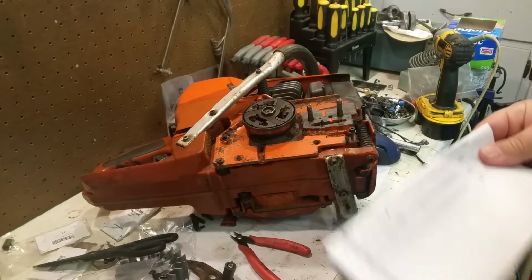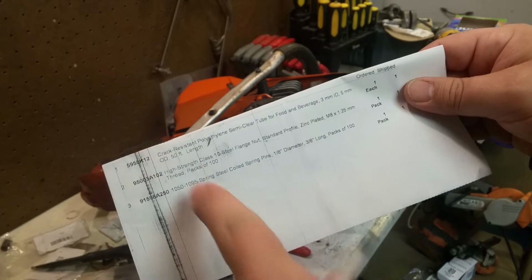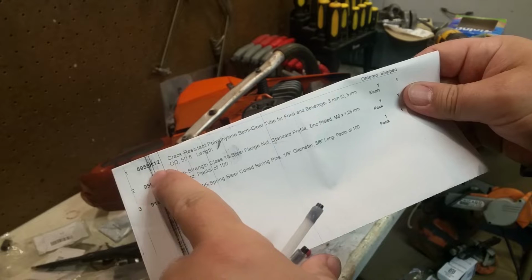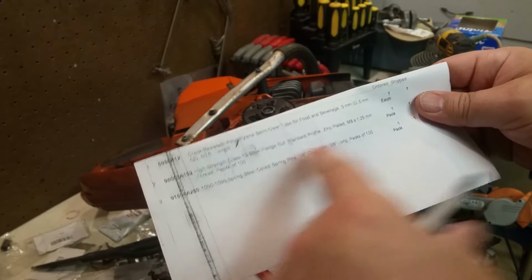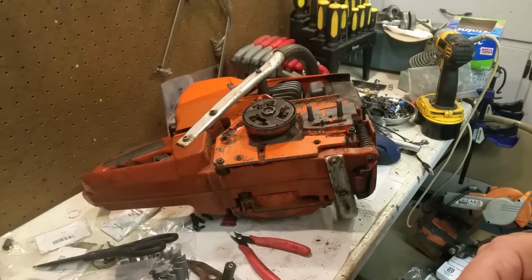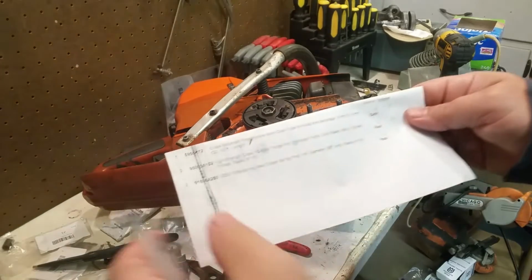So, just wanted to show you guys what the numbers were from McMaster-Carr. Crack resistant tubing, 595, 8K12. This is 3mm ID, 5mm OD, and 50 feet. This was like $6 for 50 feet. Okay. And then